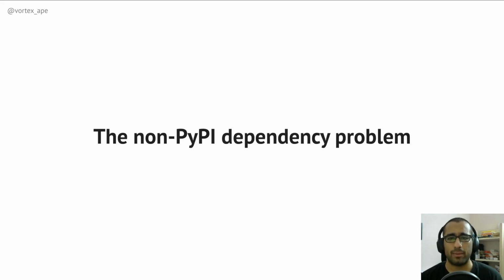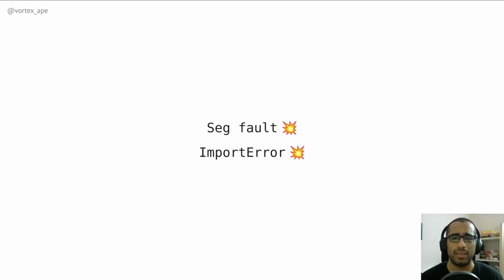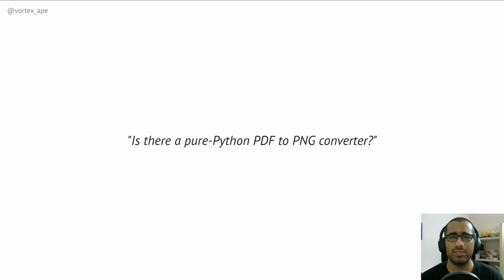The problem with this dependency, Ghostscript, which is a large PDF interpreter written in C, is that it isn't available to install from PyPI. Users need to install it using their system package managers like apt or brew, or on Windows they need to go to the downloads page to get the exe installer and then hope that Camelot installed from PyPI works seamlessly with Ghostscript. In the past, there have been instances where users would install the incorrect Ghostscript version for their system architecture, leading to segfaults, or Camelot would not be able to find the Ghostscript executable on the path, leading to an import error.